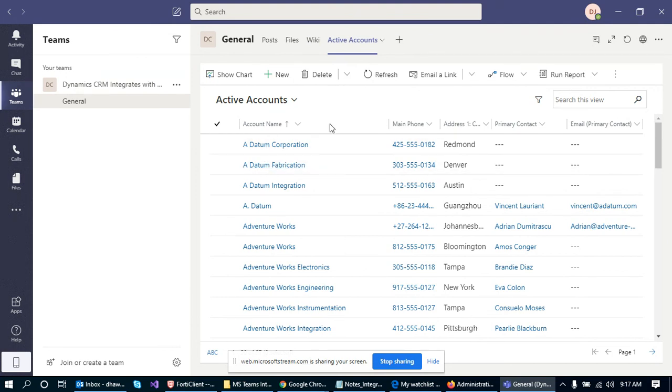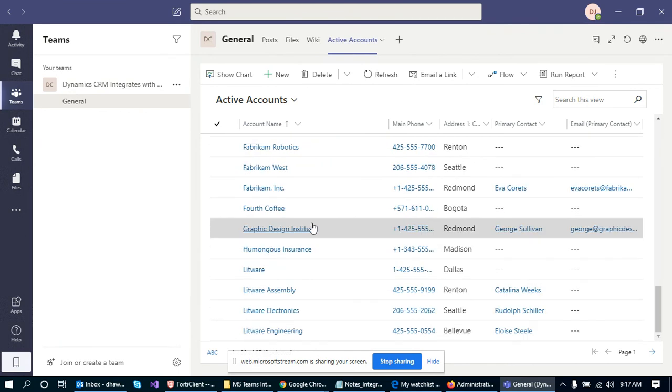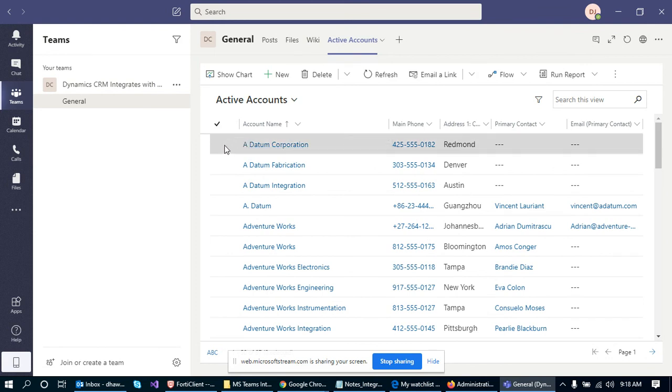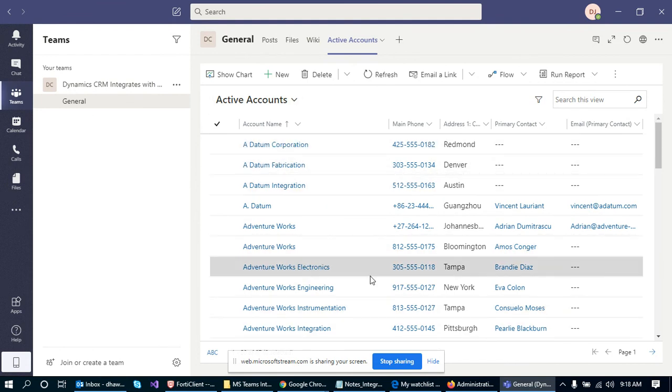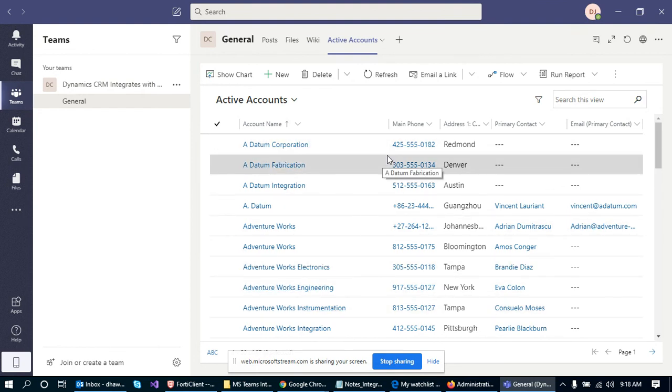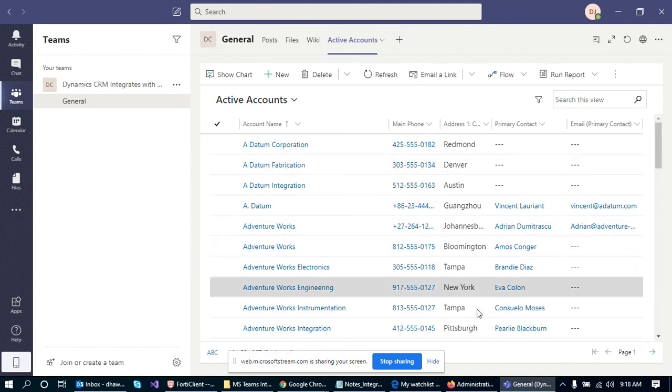He can do this by creating a team and selecting the entity, and he can directly view the list of accounts which he has selected. So this is how we can integrate Teams with Dynamics CRM to get the data. All right, thank you.